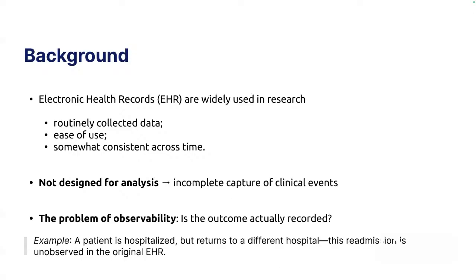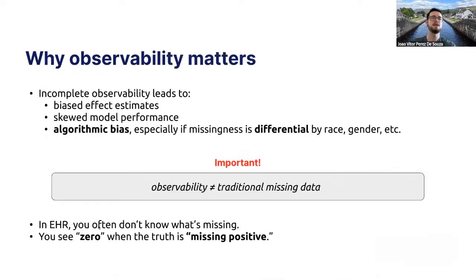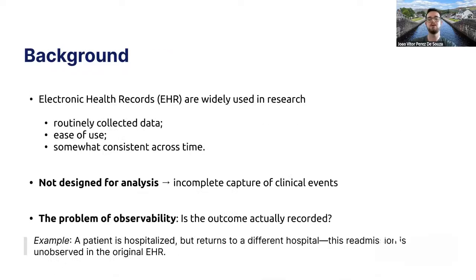And then that's when you get the problem of observability. By observability, we could question: is the outcome actually recorded in the system? By example, we can see here a patient was hospitalized at Duke, but returns to a different hospital, maybe from a different network. This readmission is unobserved in the original